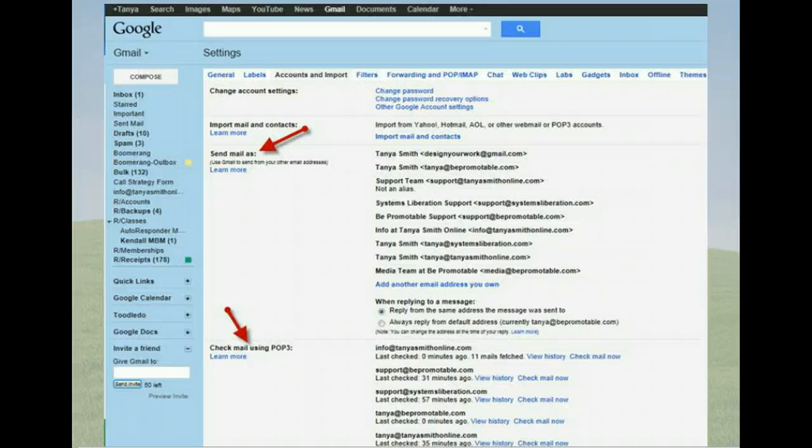This will help you tremendously because I know far too many entrepreneurs who are going to multiple boxes because, hey, I've got a business over here. I've got this website over here. Oh, wait a minute, this is my personal email. That's all fine, but it is a waste of time that you are having to go to so many different places to check your inbox. Why not have it all filtered in the same way?